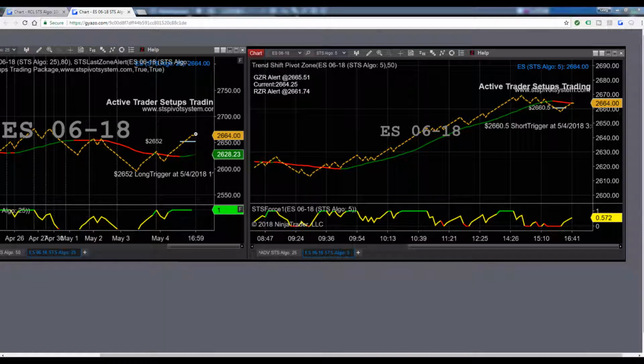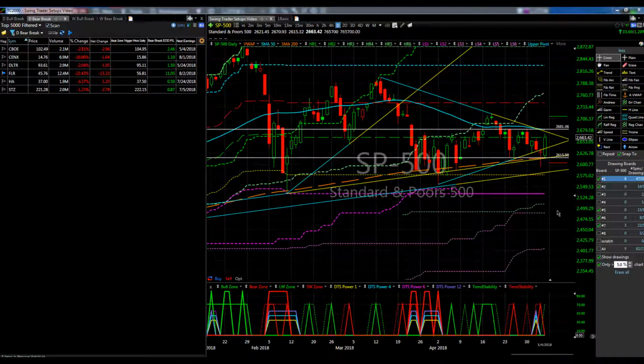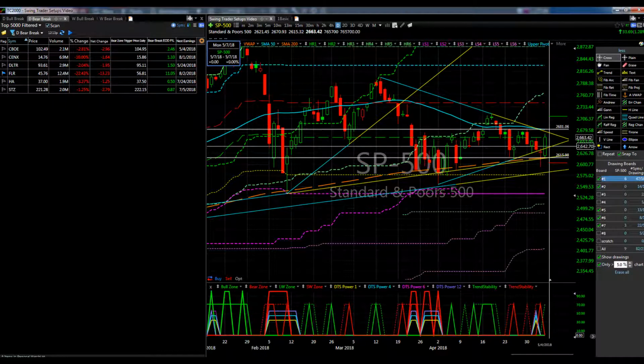That would be the hope if the market's going to remain strong. My guess is somewhere in the 2640 area, as this rises and this falls, will be an intersection. That's an educated guess on knowing what my charting system does. Well, the 2640 area would put you just about back to this trend line. So if we run back to the trend line, that's probably about when that ES is going to meet the